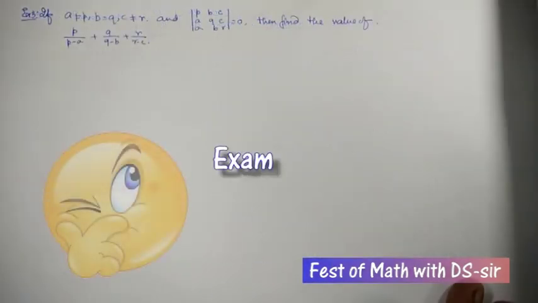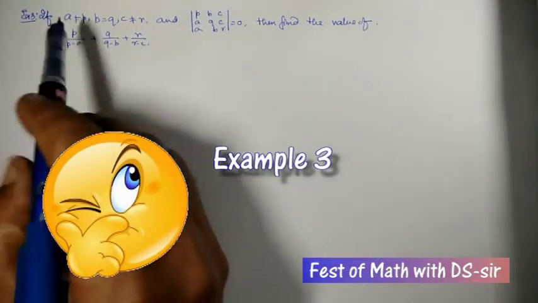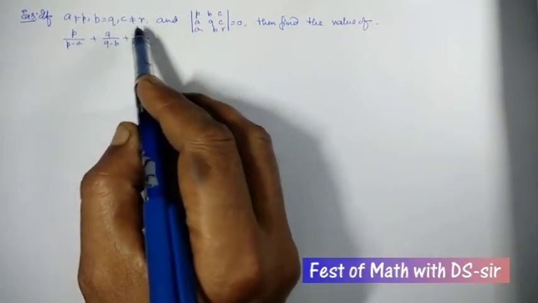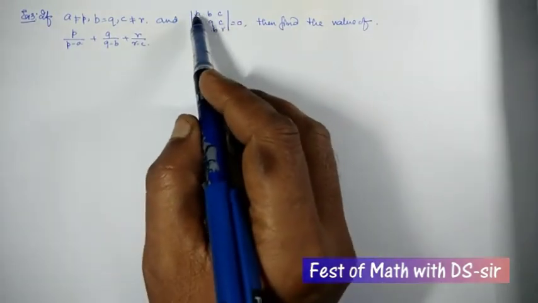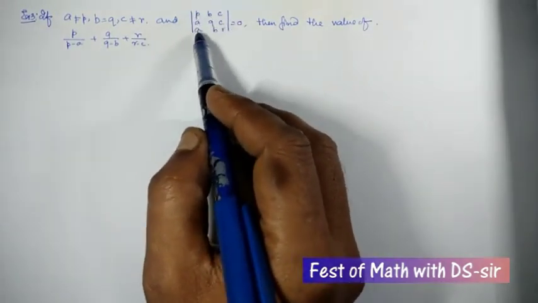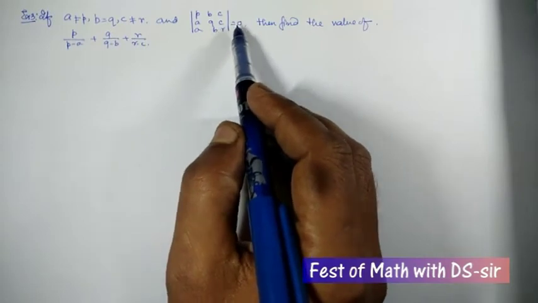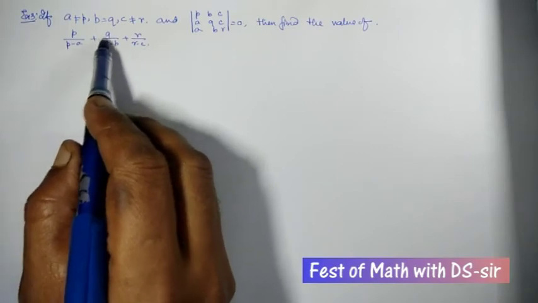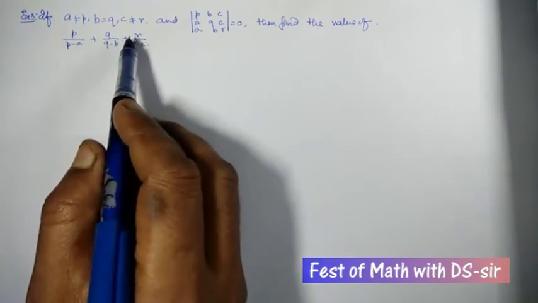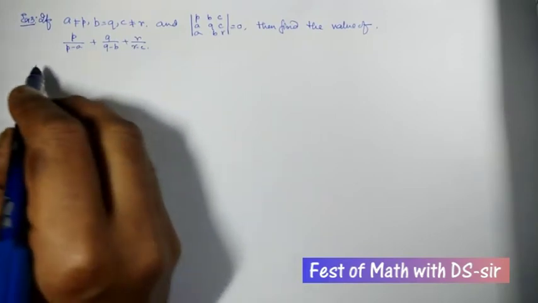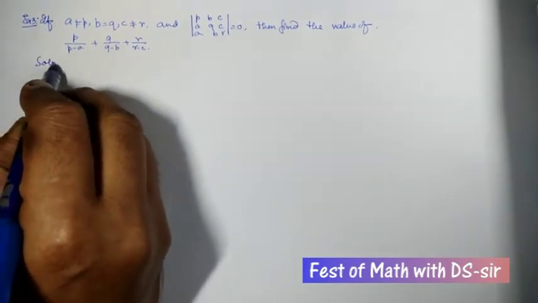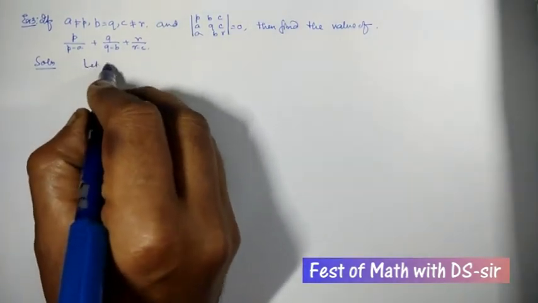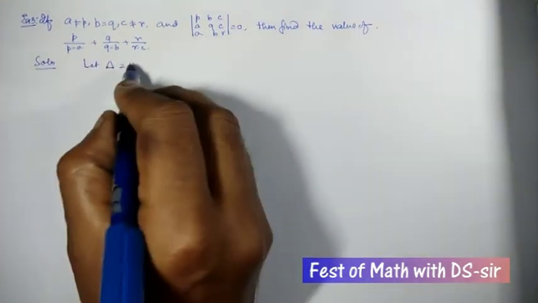Now our third example. If A is not equal to P, B is not equal to Q, and C is not equal to R, and the determinant P, B, C, A, Q, C, A, B, R is equal to 0, then find the value of P by P minus A plus Q by Q minus B plus R by R minus C. Solution. Let delta be equal to